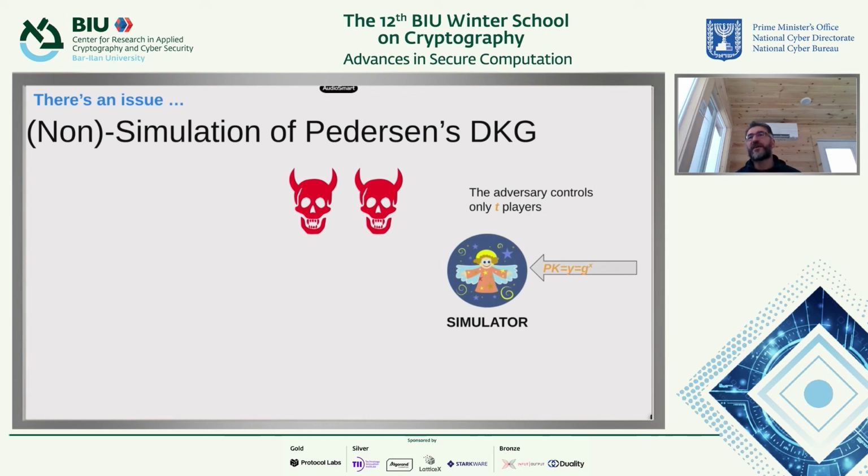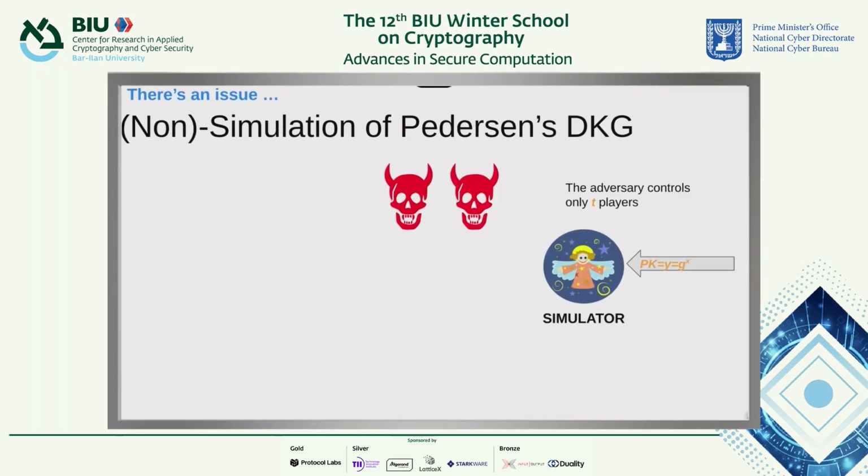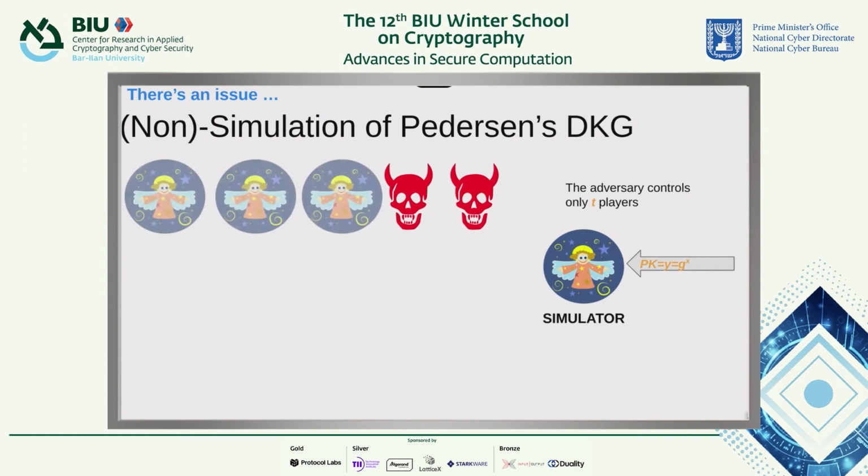So the simulator is receiving a particular public key Y, and now it needs to simulate the execution of the Pedersen DKG so that it hits Y, not any random public key Y. It has to hit this specific Y. So the simulator is going to play the role of the good players, and when each player broadcasts, they do Feldman, right? So this player does this, this player does this,